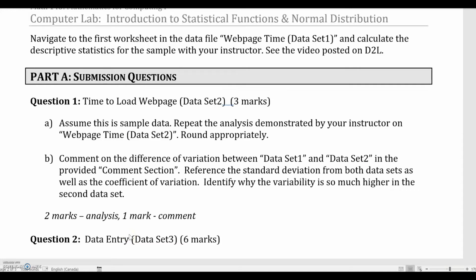In the last video, we looked at the example for statistical functions in Excel and worked with dataset number 1. For the submission for this topic, you will need to work with dataset 2 and dataset 3 to calculate the appropriate analysis. So whether it's a sample or a population, you will look at the statistics or parameters of the data, and then each of the questions have a component to comment on a various feature or property of the